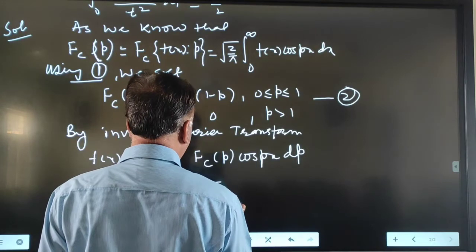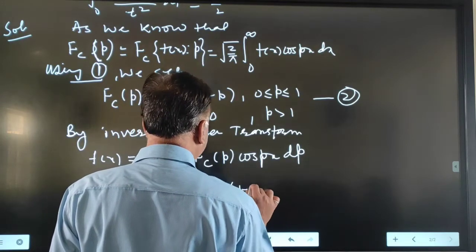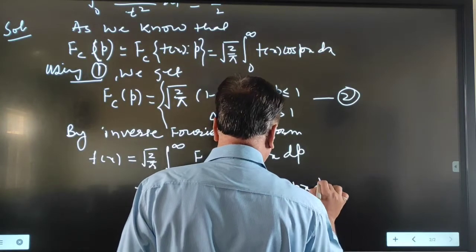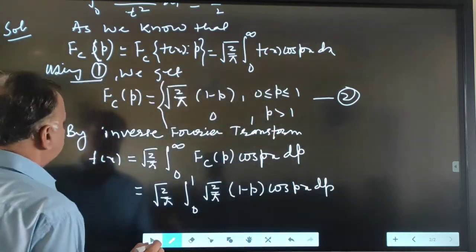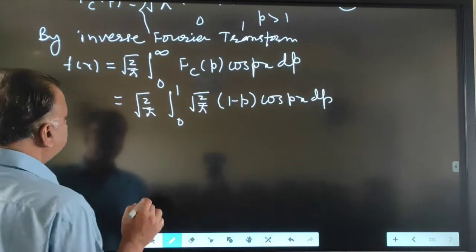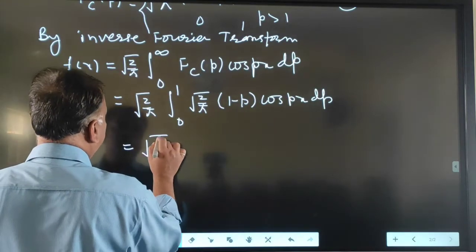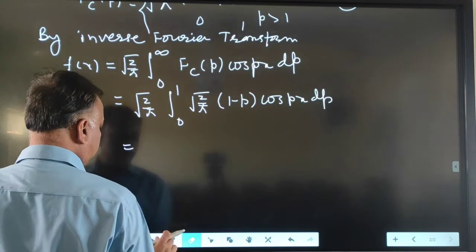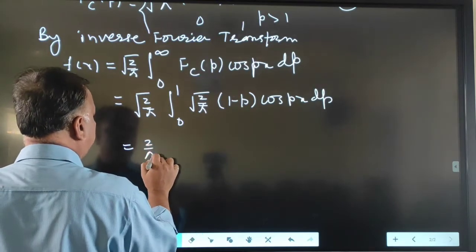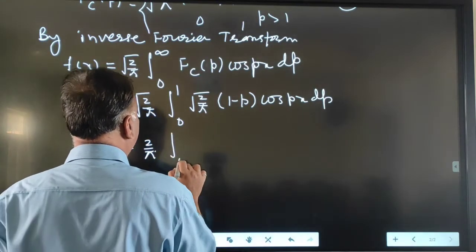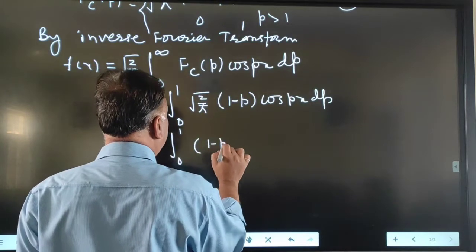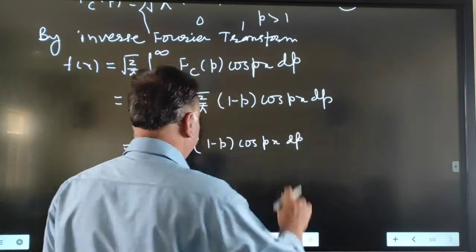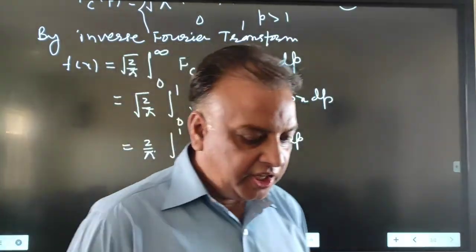Only the value of this integral remains non-zero when the interval is 0 to 1, and f_c(p) in this case is root 2 upon pi (1 minus p), cos px dp. And this is equal to root 2 upon pi, that is, 2 upon pi. So 2 upon pi, integral 0 to 1, (1 minus p) into cos px dp. Now if we